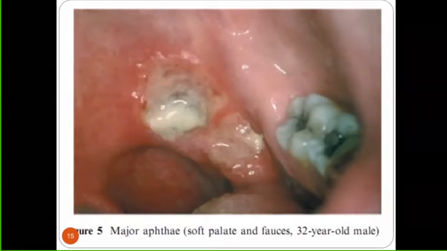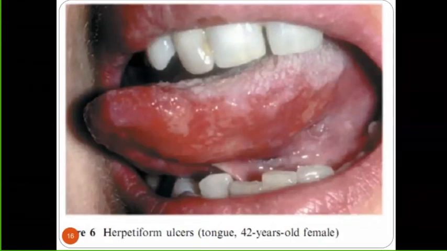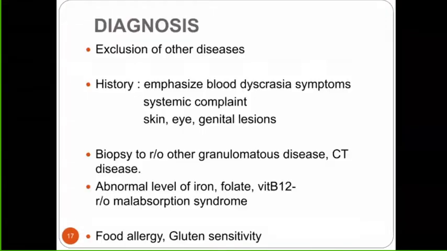This is aphthous major. Herpetiform: you see small circular ulcers present at the side of the tongue, right from the tip to the most posterior aspect. As much of the tongue as has been shown, almost till the posterior aspect, you can see all these small formations. So these are herpetiform ulcers. They are small ulcers, but too many. Minor are small, but there are hardly 1 to 2, and major are less in number, but they are very huge.